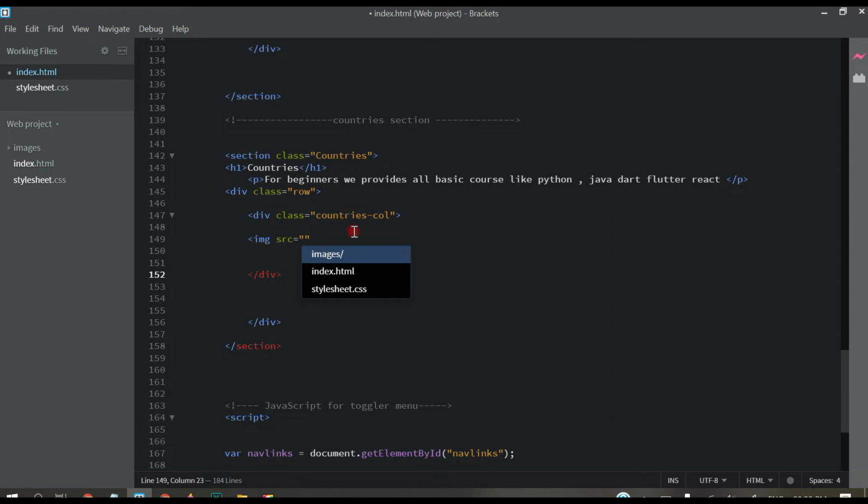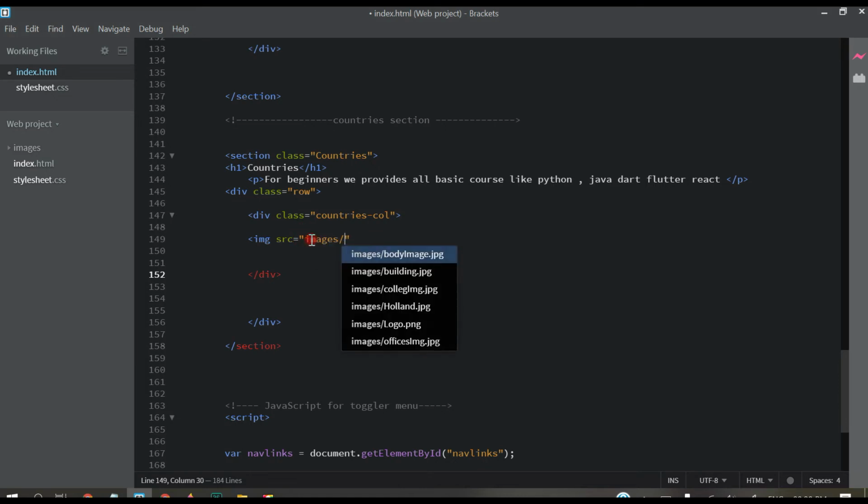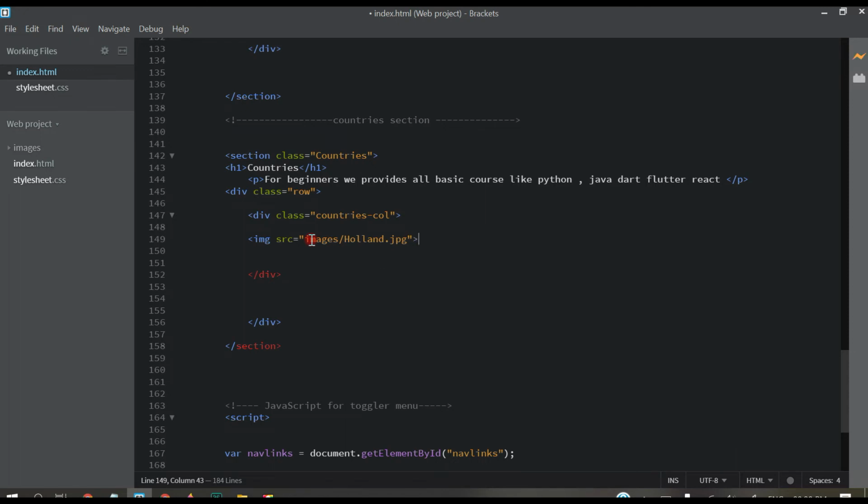I will provide you this image in the description, and don't worry, all the images will be provided. So here we have downloaded one image, and inside this images folder we have the Holland country image, okay, and close it. And then we have closed this. Let's Control S, check it in browser.